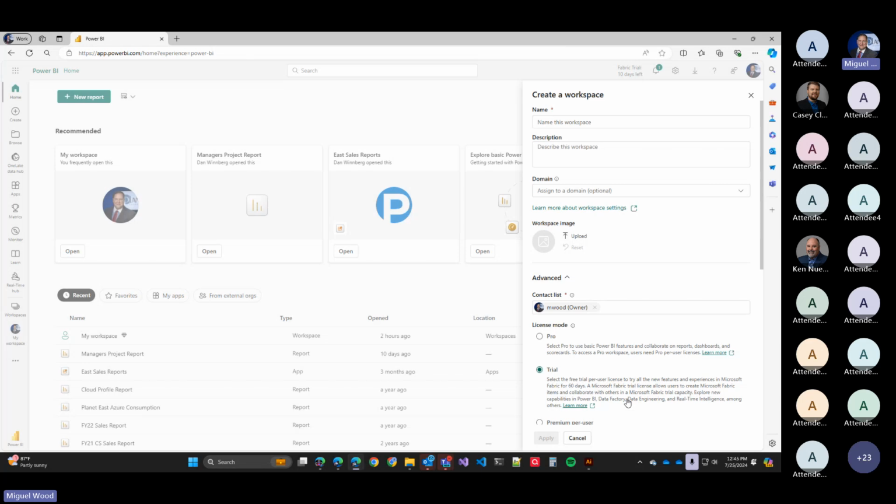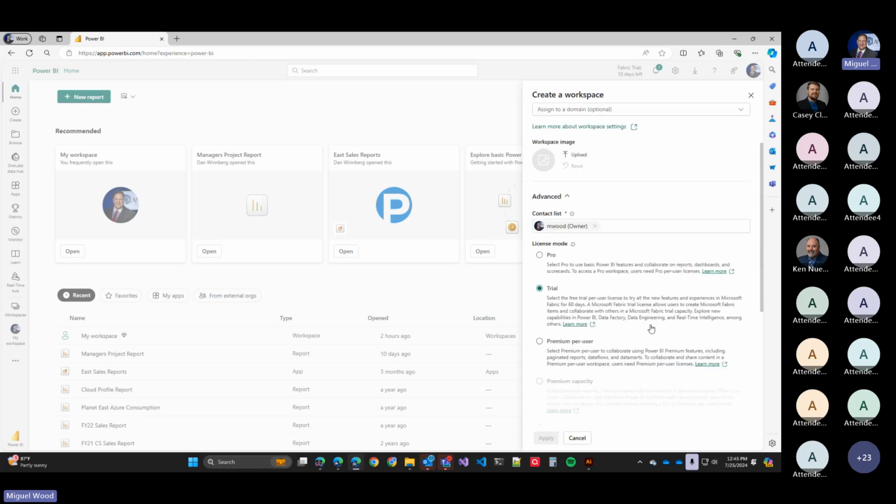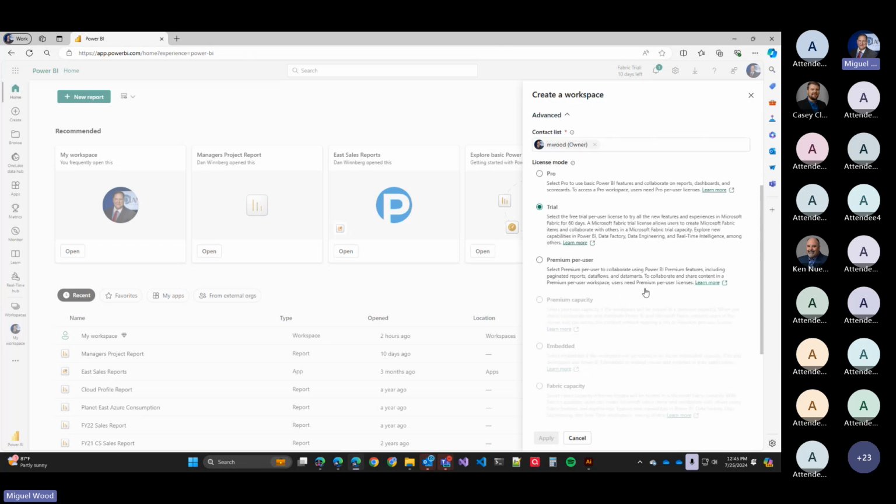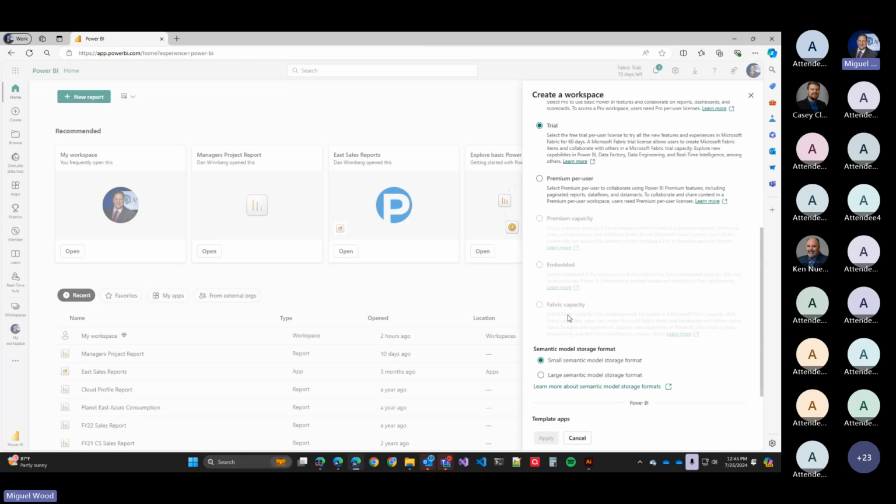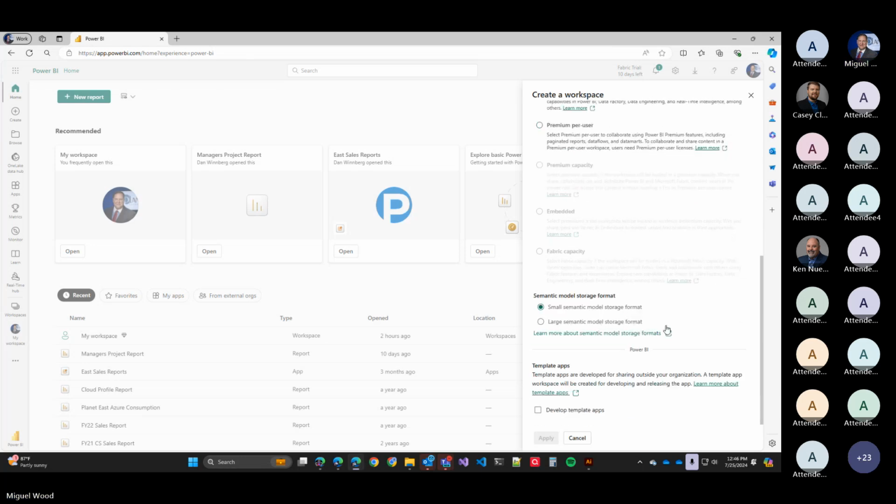I have some advanced pieces. Who's the owner? Who's the contact list? And then what is my license mode that I want to do? This is important. If I had specific premium capacities or I had Fabric capacities, I would be able to specify what capacity that was. If there was more than one I have access to, I may not have access to the ones that we have here.